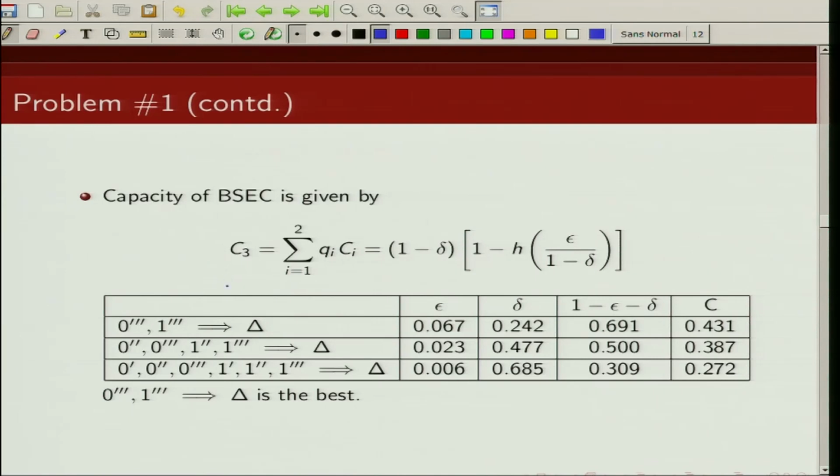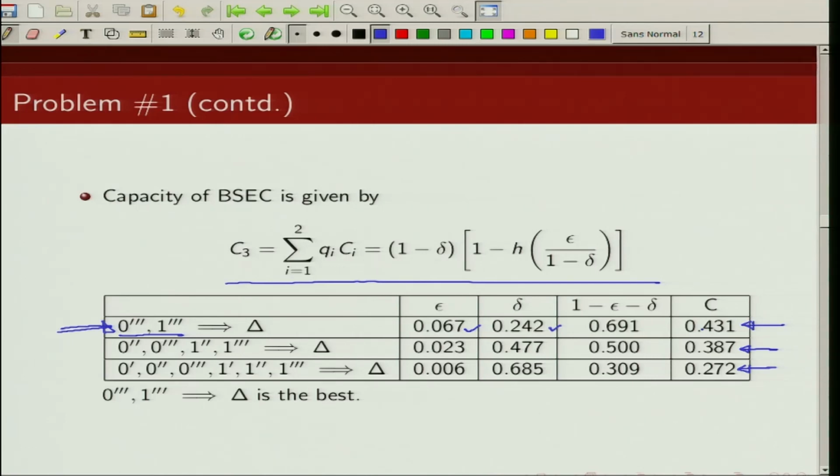The overall capacity is given by Q1 times C1 plus Q2 times C2, which comes out to be this. Now as I said, there are three different ways in which I could combine the outputs. If I combine 0 triple dash and 1 triple dash to be delta, my epsilon in this case comes out to be 0.067 and delta comes out to be 0.242. So capacity in this case comes out to be this, and similarly for the two other cases I can find out the capacity. So you can see from here, out of the three ways of combining, this gives me the highest